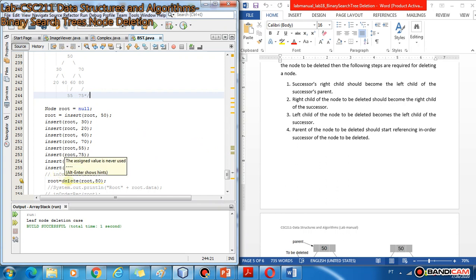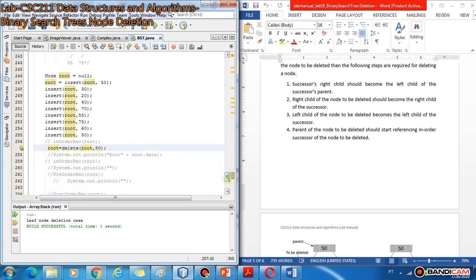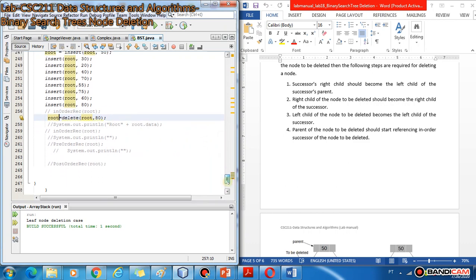When you call this delete method and pass it the root of the tree, the delete method will use this root and do all the process that we defined in the method. And if it does not return the root, the root here will not be updated. So the root would be the root before deletion, which would cause problems.